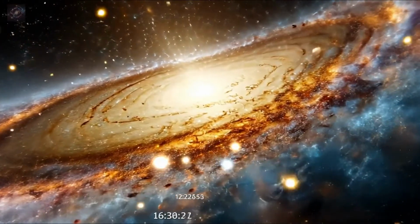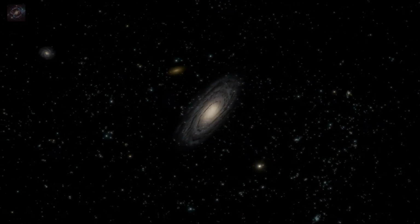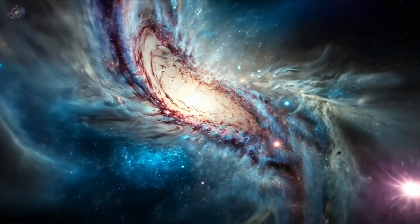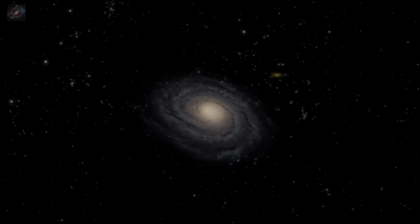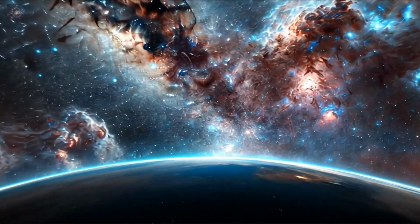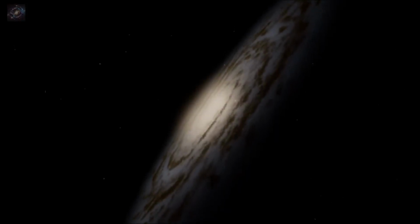Andromeda's role as the largest galaxy in the local group also provides a unique perspective on the dynamics of galaxy clusters. Its interactions with the Milky Way and other members of the local group offer a scaled-down model of the processes that occur in much larger galaxy clusters, where gravitational forces and collisions dominate. By studying Andromeda, astronomers can test theories of cluster evolution, including the influence of dark energy on the expansion of